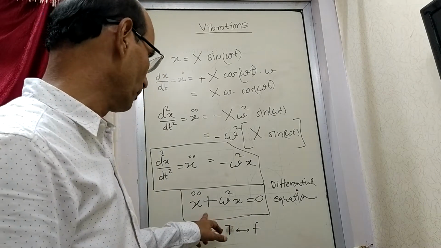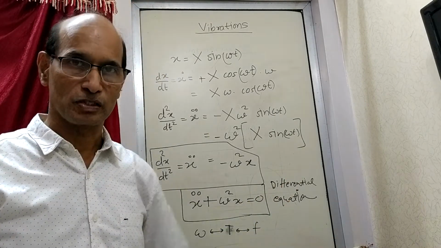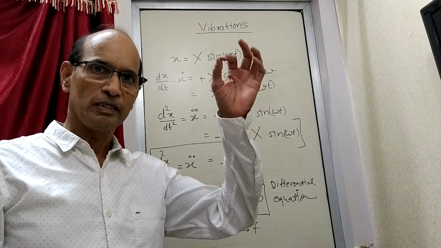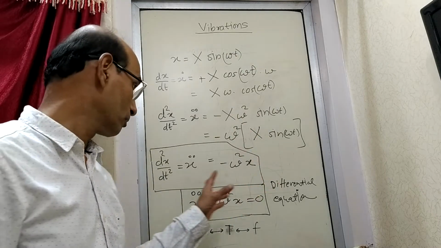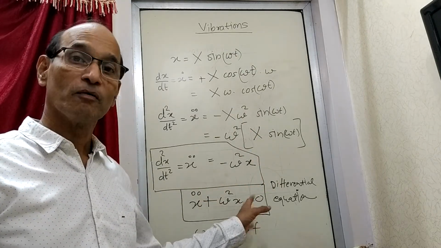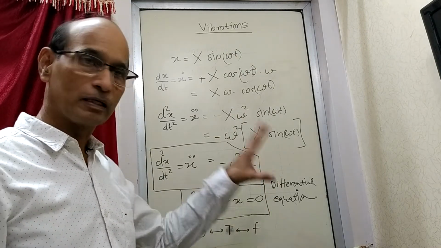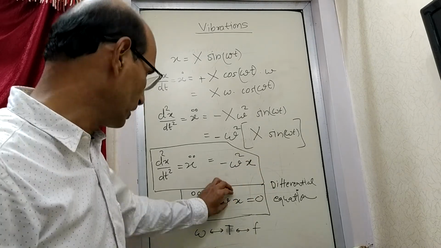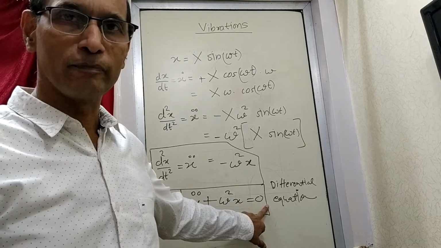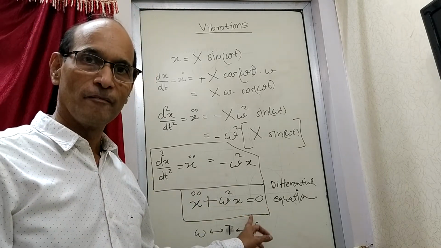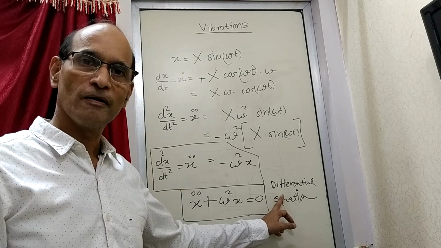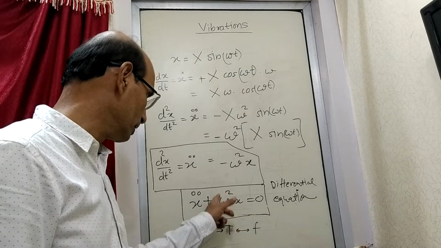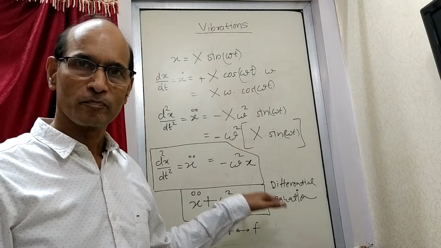So now we'll take an example of a spring mass system. Then we'll see what happens to the spring mass system, what becomes the equation of motion, the differential equation for a spring mass system. If it comes similar to this, that means x double dot plus something here into x equal to 0, if that is the form we can bring the equation to, then it becomes a differential equation, and then omega square will be equated with whatever has been written over here. We will come to know when we go further and do this.